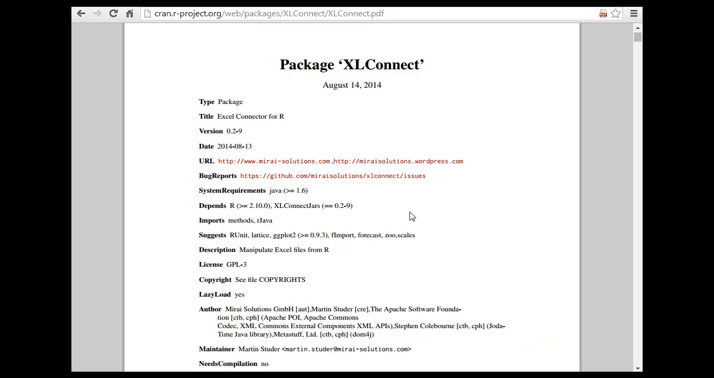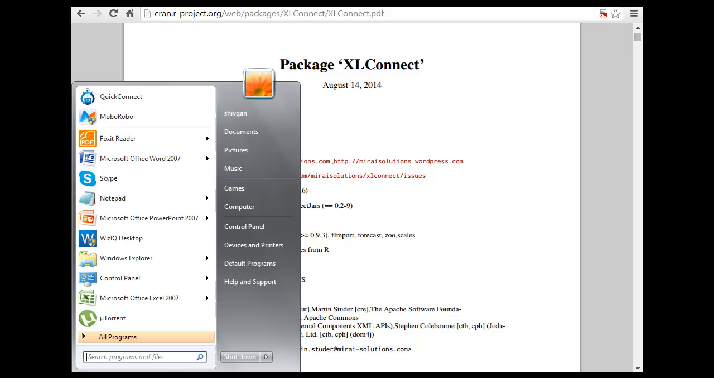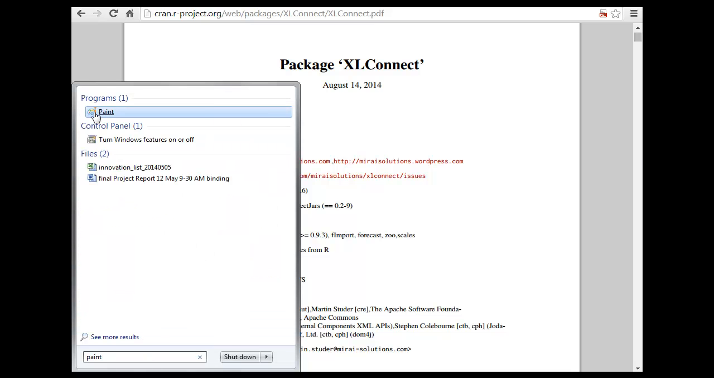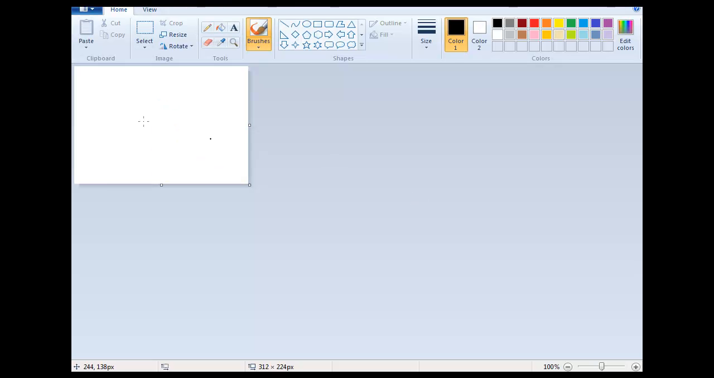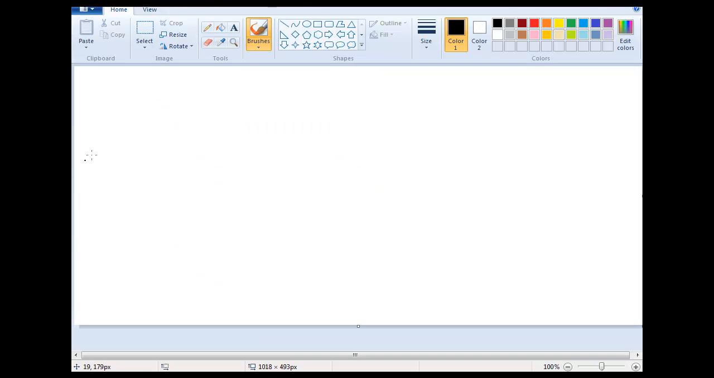I'm talking about Excel Connect, which is a tool to help you play around with Excel. Now there are two types of problem that we want to look at. The first type is that you have Excel and you want to run commands of R in your Excel. So if this is your Excel, this is your R,